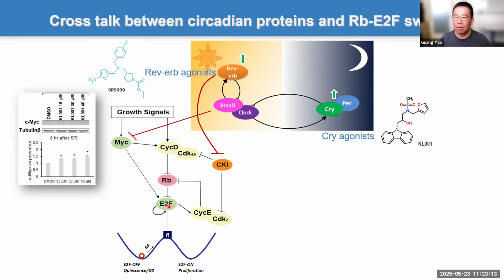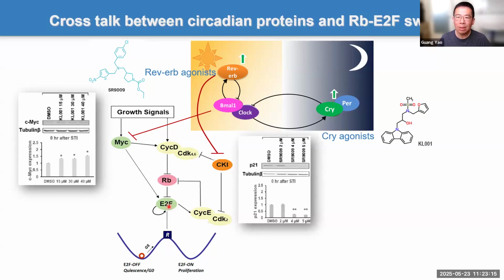Okay, so that's our hypothesis. So again, before we do the experiments to test the quiescent steps, we verify whether that's true in our fibroblast system. Indeed, when we give them a dose-dependent increase of the RevERB agonist SR9009, we see a dose-dependent repression of P21. You give quiescent cells increasing doses of RevERB agonist, and P21 is diminished. So you remove the brake, and cells can get out of quiescence more easily.